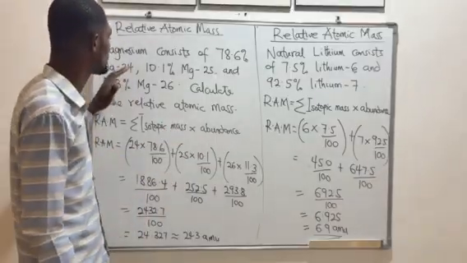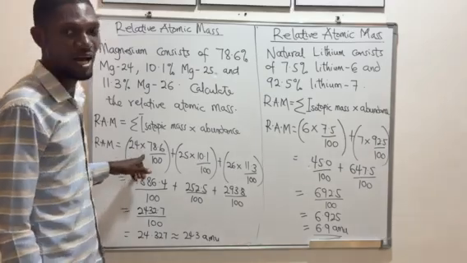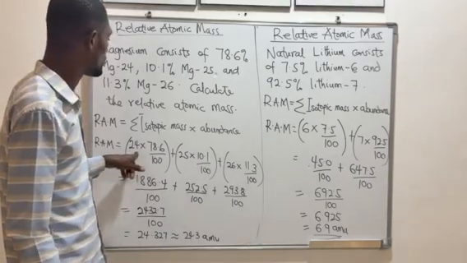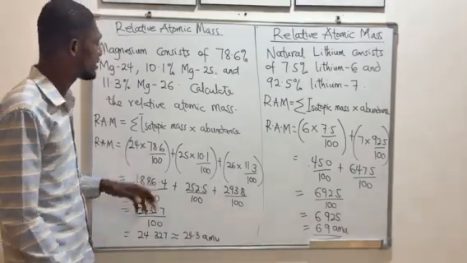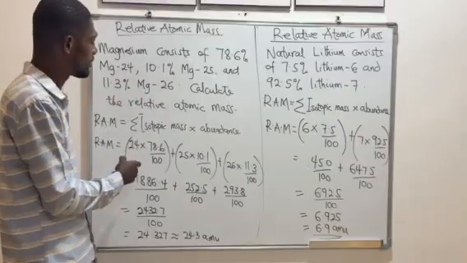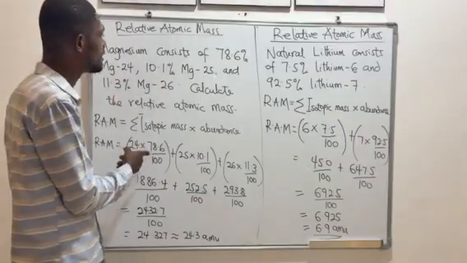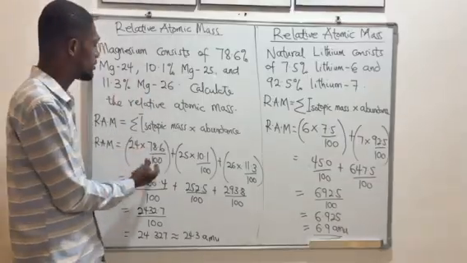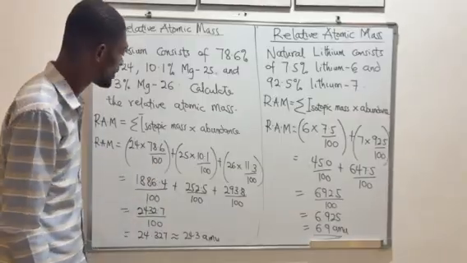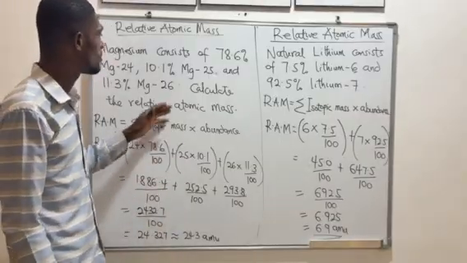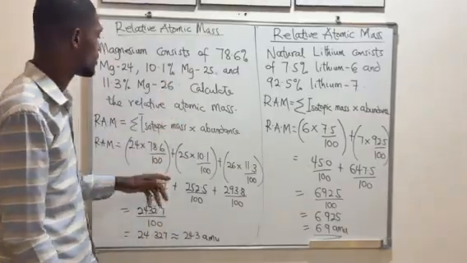So given the first isotope, the mass of the isotope is 24 times the abundance. So the abundance given in the question is 78.6%, which can be written as 78.6 over 100,